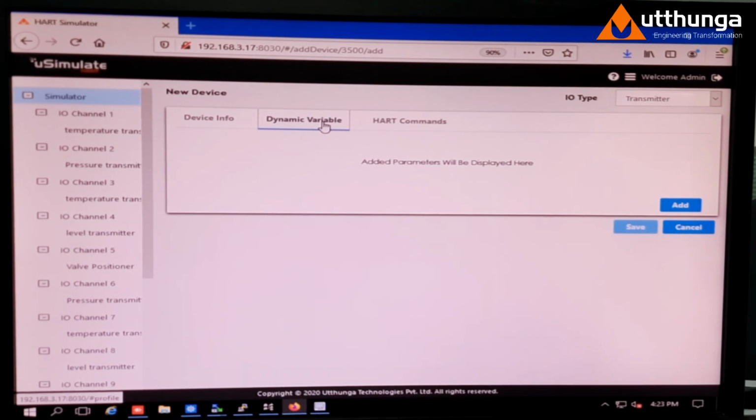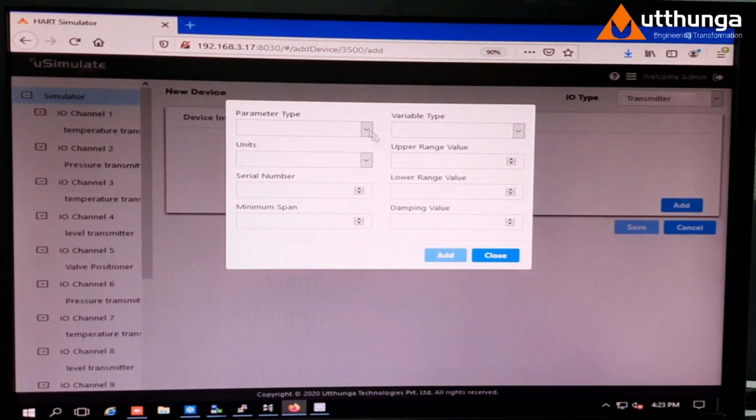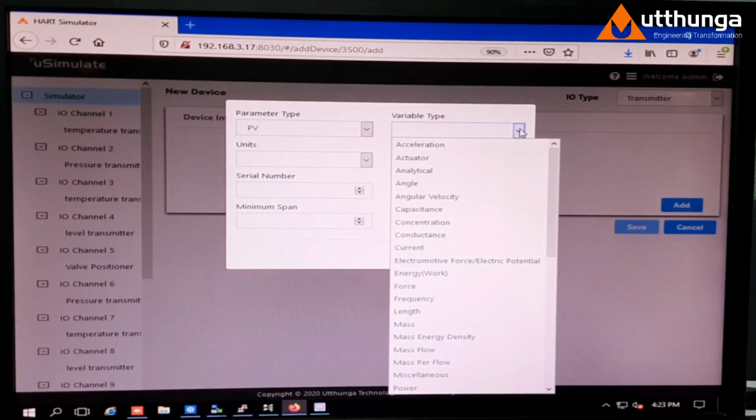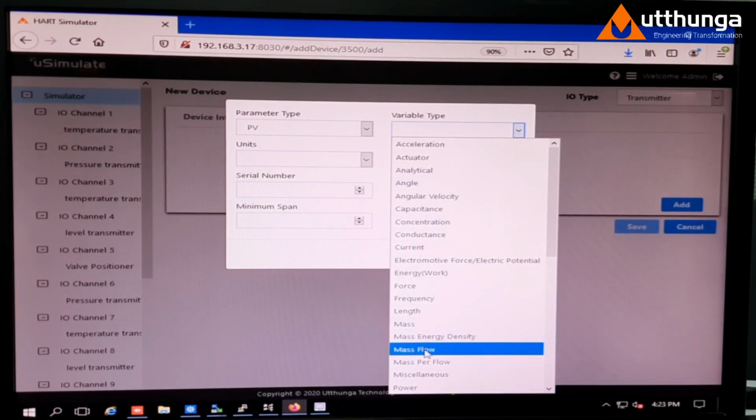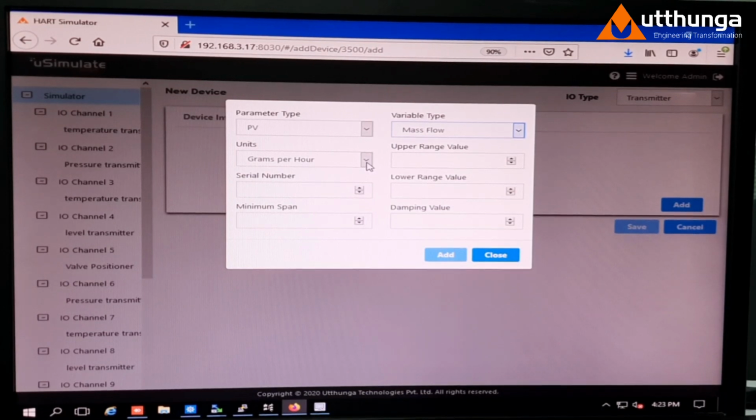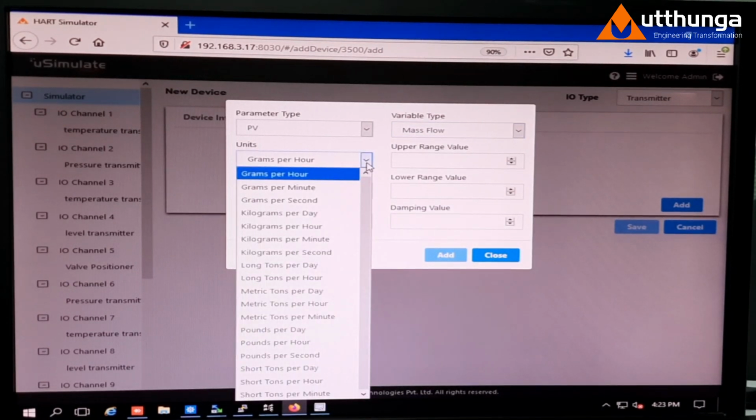Now comes the dynamic variable. We need to add all the PV, SV, QV, TV and what are the units for each variable. The flow meter has mass flow and its respective units.